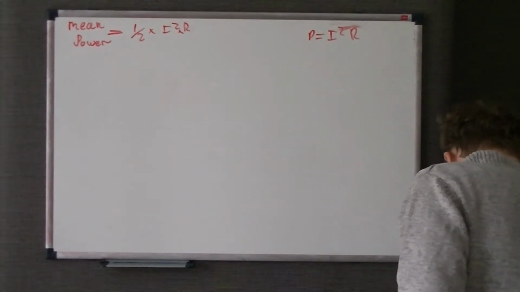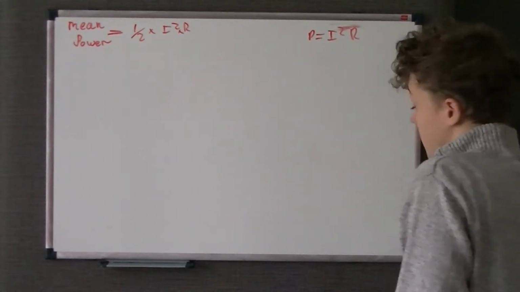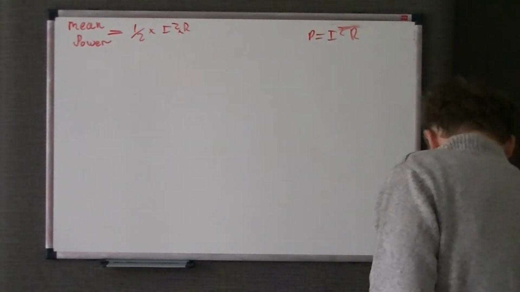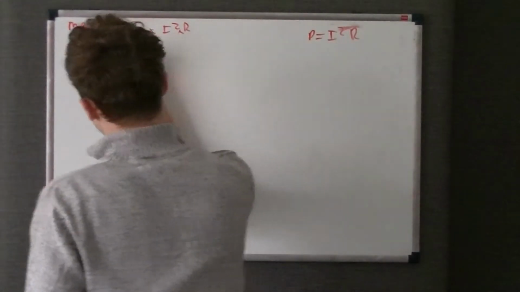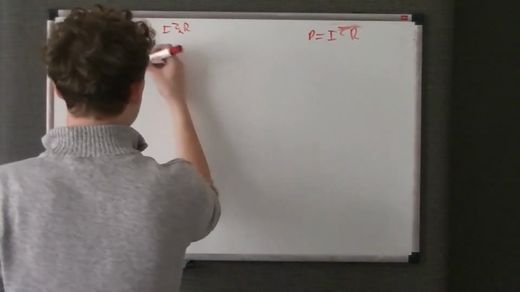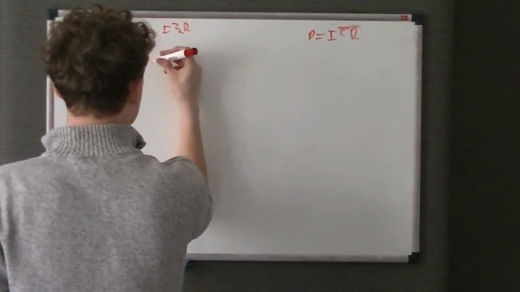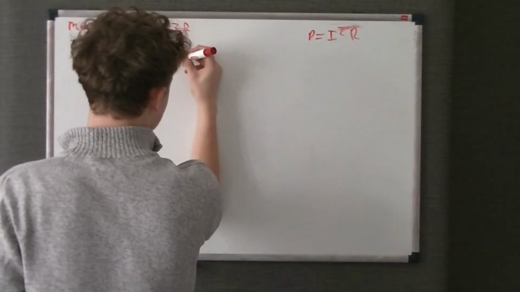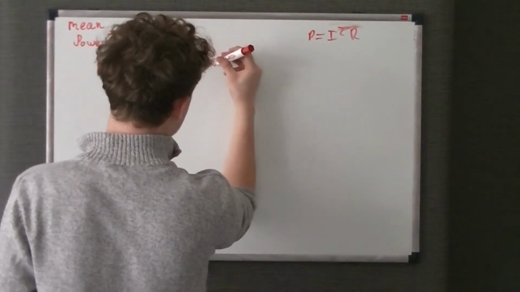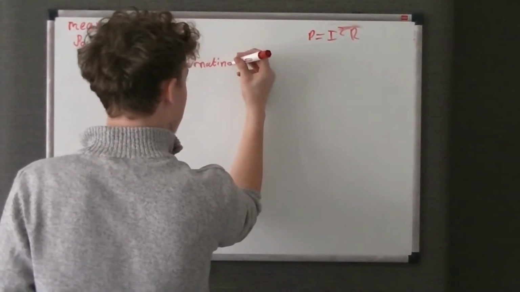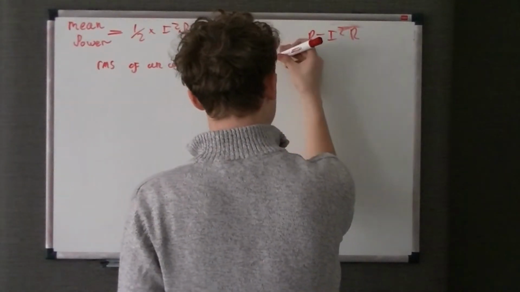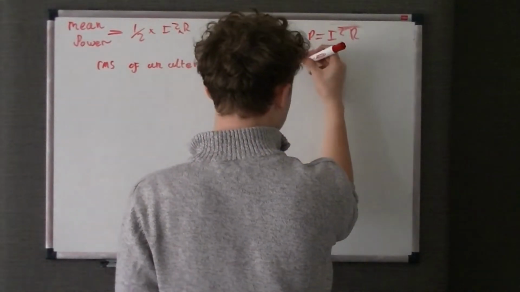Now we're going to go on to what actually the root mean square value is. So what is it? Well, I'll write this out for you. RMS. The root mean square value of an alternating current, which is what we've been talking about, is the value